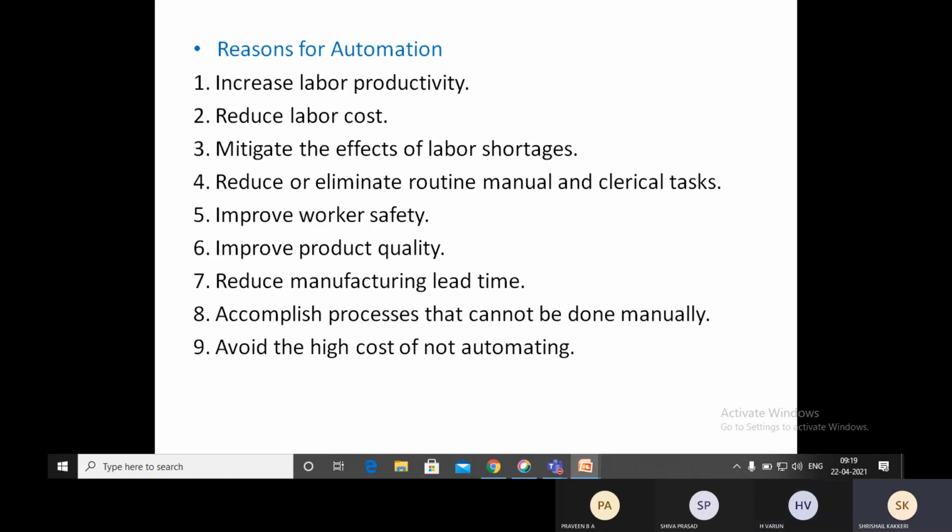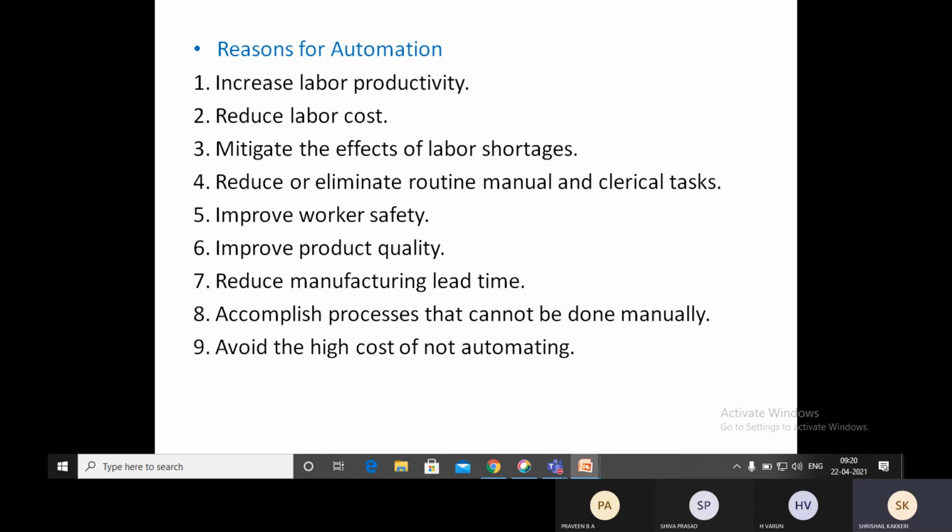Correct? So, improve the product quality and reduce the manufacturing lead time, so that the investment on the material will be very less, because the amount of time which the material will be spending in the industry will be very less. Correct, no? And once you get the raw material, 100 today, all 100 output will be taken. Suppose I have taken 100 raw material, I will be running it for 1 week. So for 1 week together, all the raw material and some of the partially finished and completely finished product will be lying in the industry, and the investment on the material will be increased and the cost of the material will be increased. Correct, no? So always we should look into the manufacturing lead time being as low as possible,